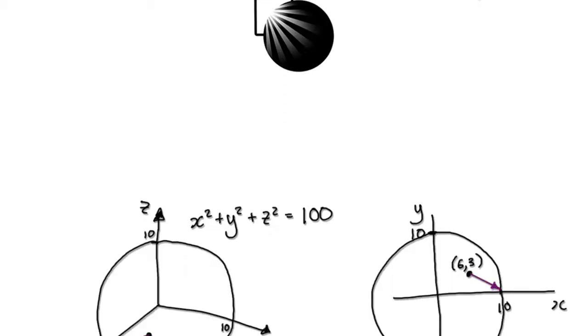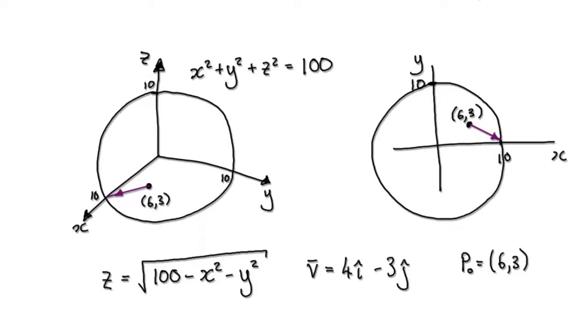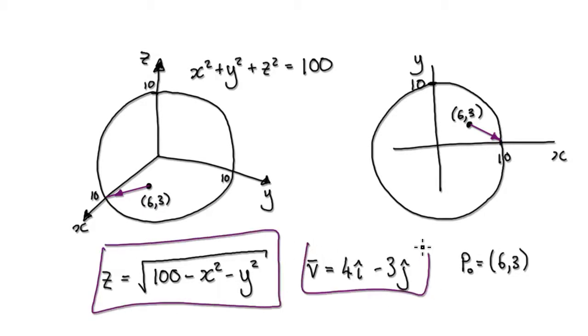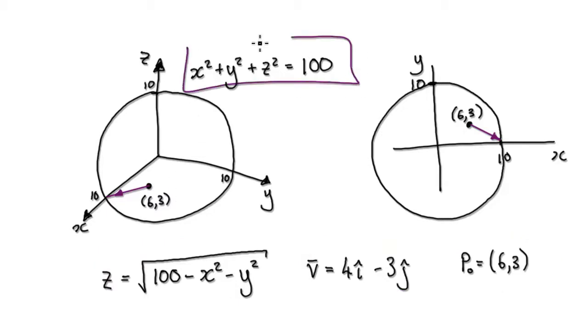Okay, let me give you guys some practice now. So find the directional derivative of this surface in this direction at this point. So what you've got here is a sphere of radius 10,